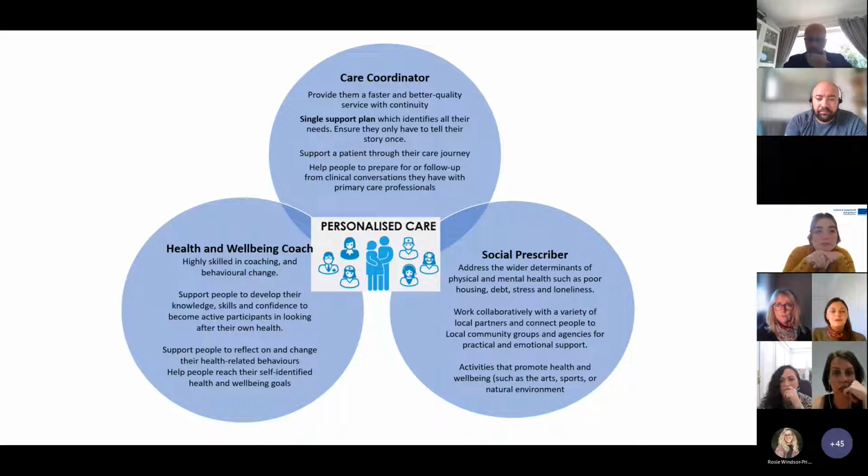So I'm not going to talk through each of these now, but all of these slides will be available to you, and I think they're just handy to have, these pictorial images that pull it all together. Even though social prescribers have been in post for many of you for a while, and I think they're better understood potentially than the care coordinator and the health and wellbeing coach, I think at this stage it's still important for us to have a reminder of the purpose and value of social prescribing,